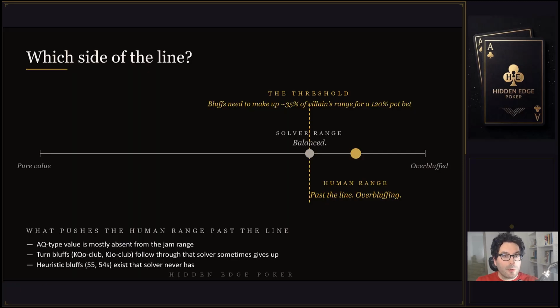And if we put all these pieces together, we can see that while the solver is trying to be sort of balanced and balancing the range towards a polarized range, which essentially makes our 4 blocker sort of useless there because the value range is going to be mostly trips and flushes, a human might have too many bluffs to support a value range which is kind of narrow already in theory, but it will be even narrower in practice